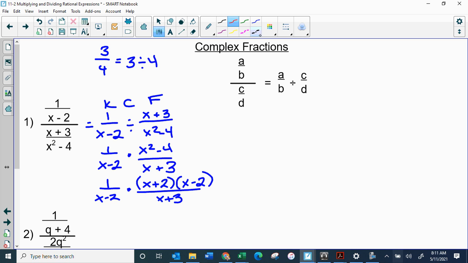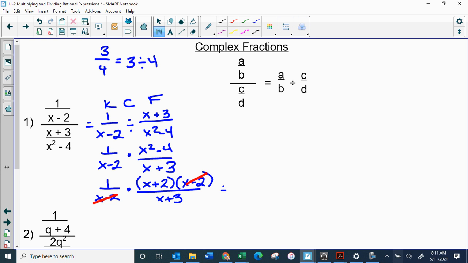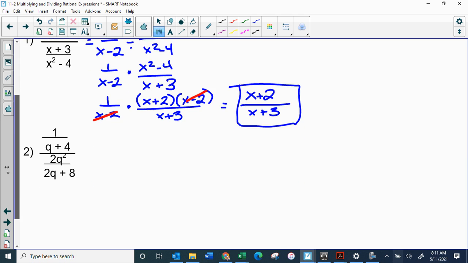What can we cancel out? We can cancel out x minus 2. And so what we're left with is x plus 2 in the numerator over x plus 3 in the denominator. And there you go. So complex fraction, you just want to rewrite it as a